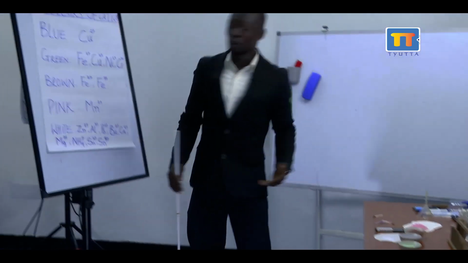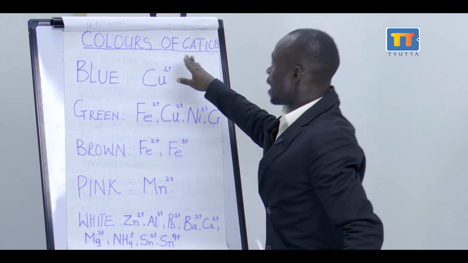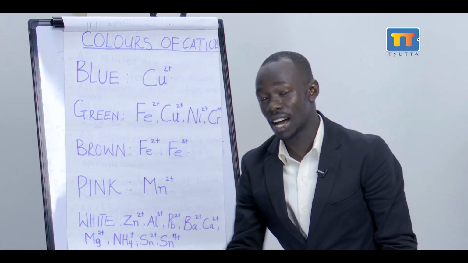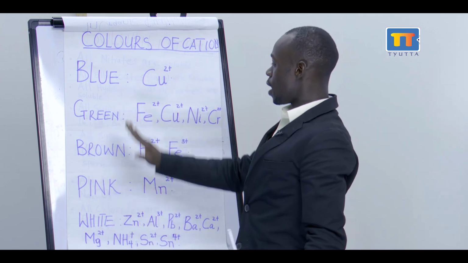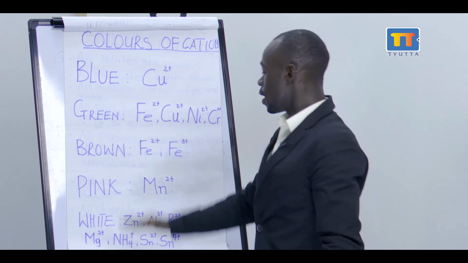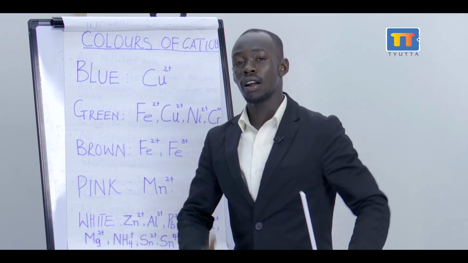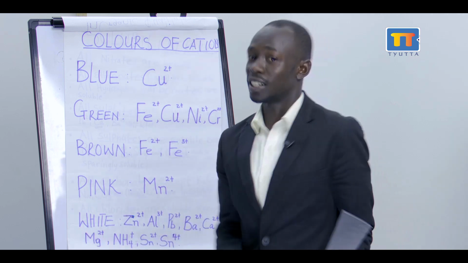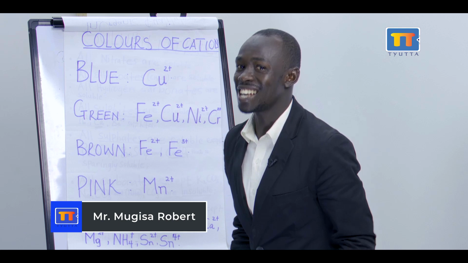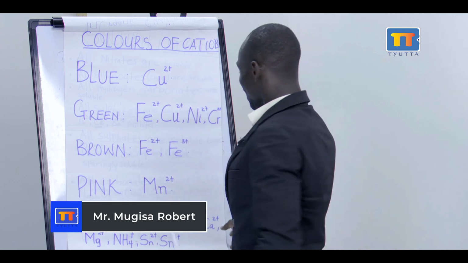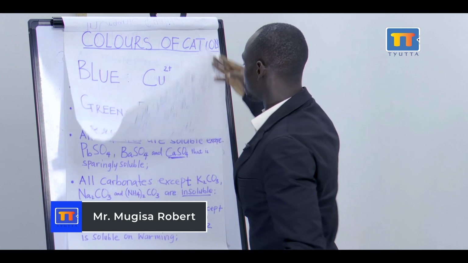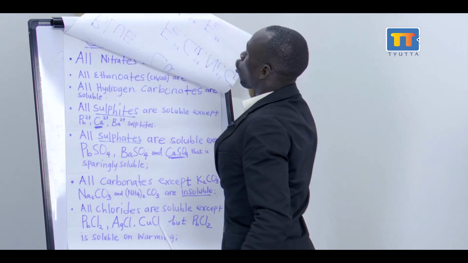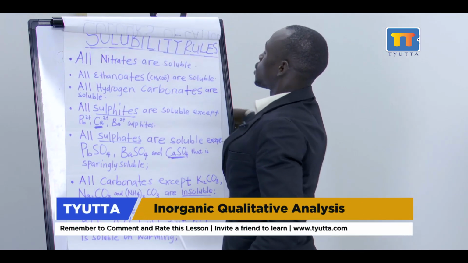Now you people have got to understand the colors of cations. One of them was blue, another one was green, another one was brown, another one was pink, and another one was white. Isn't it interesting? Yes, good. Now, we are going to move on to another important concept, which we are going to call the